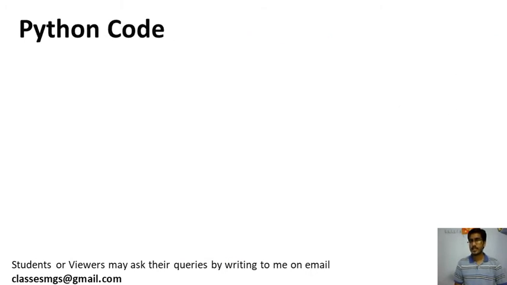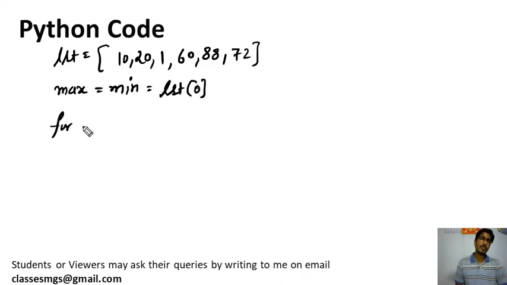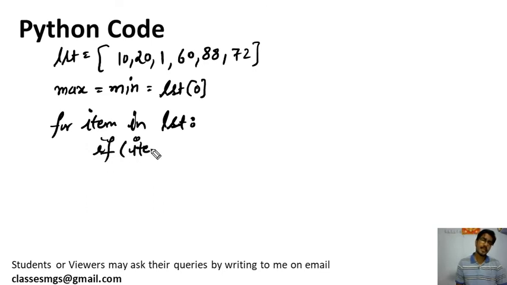So here it is, I will write. Let me assume the list, some list I am assuming. Let's suppose it has 10, 20, 1, 60, 88 and 72, and then I am assuming maximum equals minimum equals the list's first element, and then I will iterate through it with a for loop. So for item in lst, if you find the item greater than your current maximum, then update maximum equals item,